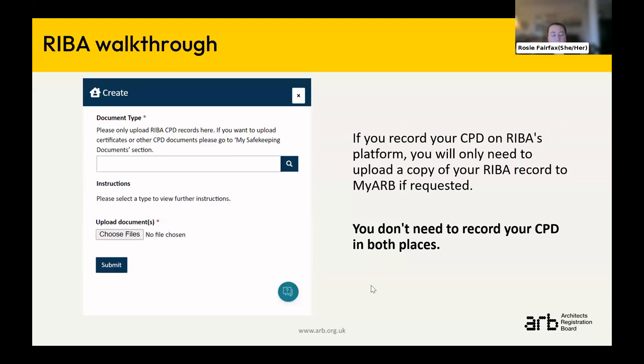Now, the Reba record documents, there are 3 records. I think you get an Excel spreadsheet and then 2 PDFs. What we're looking for is the Excel spreadsheet because that has your activity log and your learning reflection. The other documents are just a summary and don't have enough detail to meet our requirements. So it is the Excel spreadsheet that you can download from Reba that we would like uploaded to